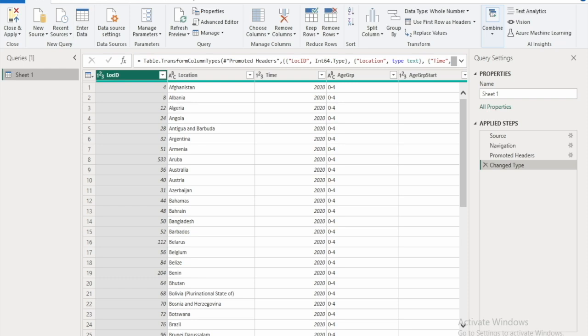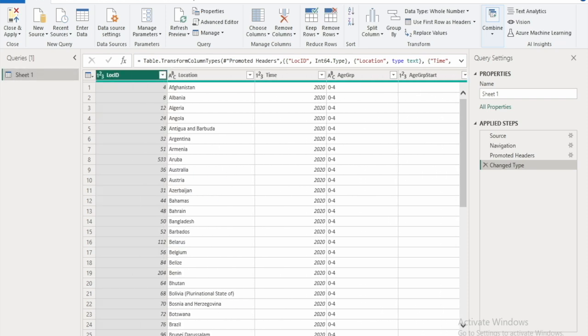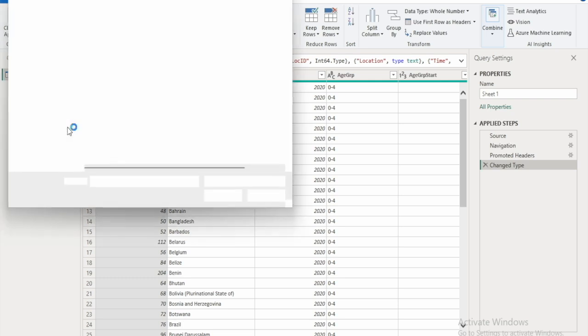So this is our Power Query Editor window, which is inbuilt in our Power BI desktop, and here we can perform ETL. So this is the sheet, and here we are getting all the data that we have written in that particular data source. Suppose anyone asks to add one more data source, here is the option we are getting,